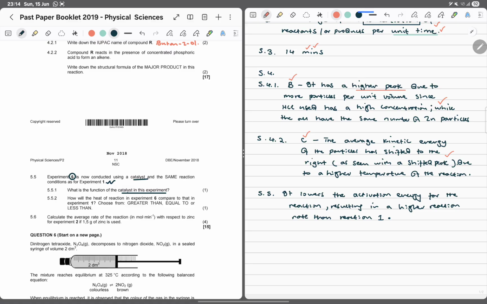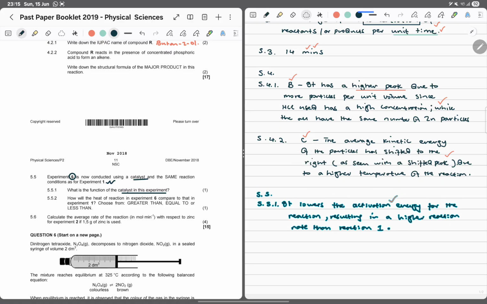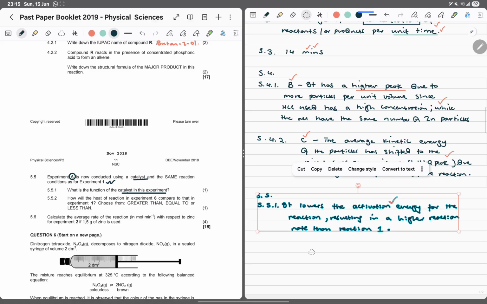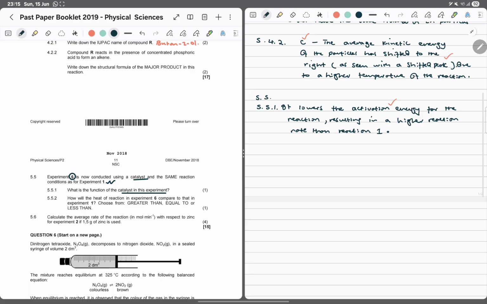All right, so how many marks were we getting here? Just 1 mark, of course, for the whole thing, guys. Remember, answer so that no further questions can be asked. Okay, this was 5.5. This is 0.1. Again, pay attention to the numbering so that you do not distort it. Okay, so we've got